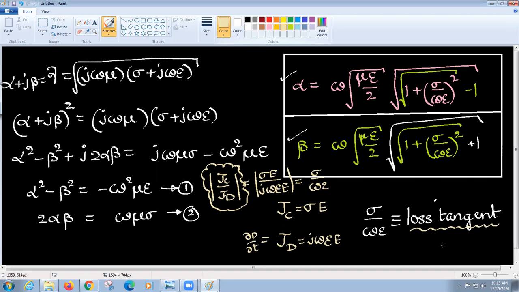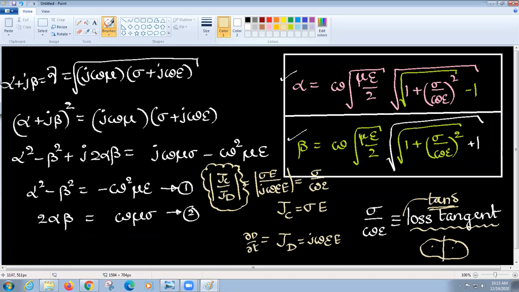Okay. So for example, you have this side, say, dielectric medium, and you have conducting medium. Maybe the power loss in this dielectric medium with respect to the power loss in this conducting medium, and this situation we can explain using this ratio sigma by omega epsilon, so that we will see. Don't worry about it. We will say this is something like tan delta. This sigma by omega epsilon is tan delta. That we will see later. Don't worry. Just understand this ratio as loss tangent.